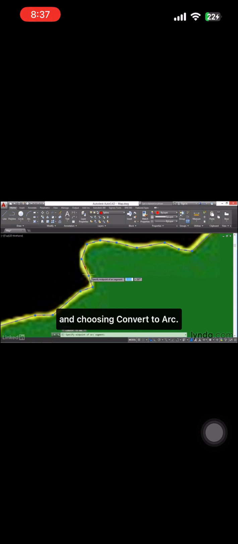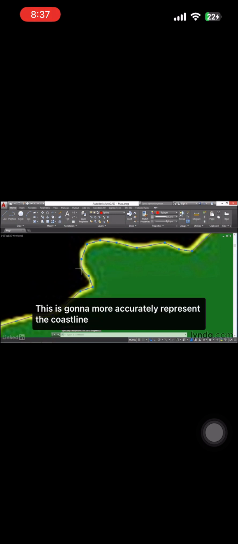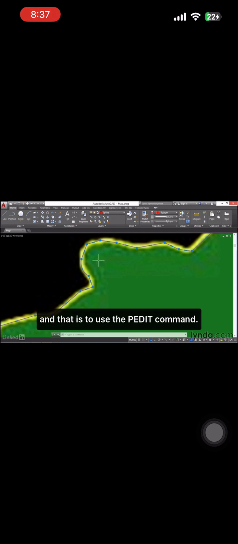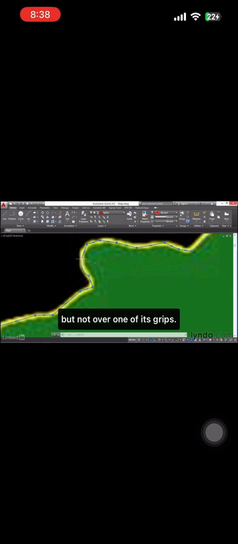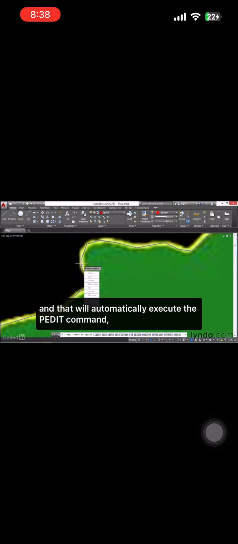choosing Convert to Arc. This is going to more accurately represent the coastline, but it's going to be far too tedious to have to go in here and convert all these different segments to arcs. Fortunately, there is a better way, and that is to use the pedit command. There's a shortcut to launching that command, and that is to position the cursor over the polyline, but not over one of its grips. So just like right here, double-click, and that will automatically execute the pedit command, which stands